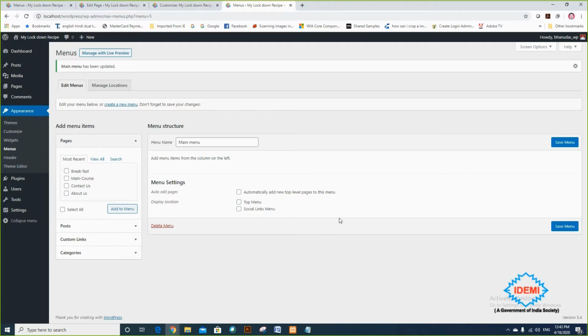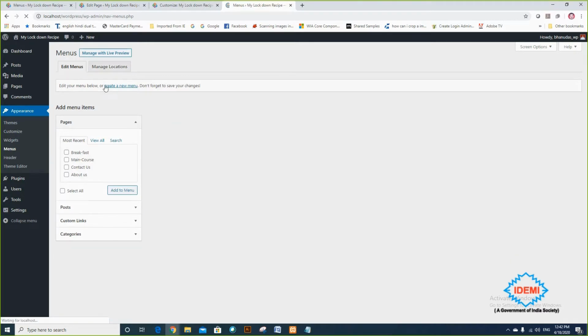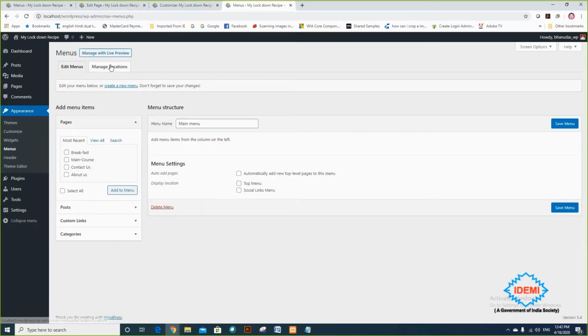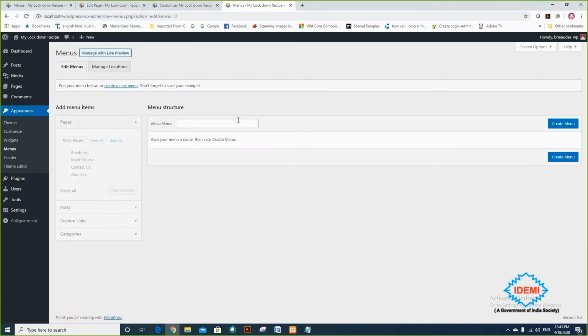Somewhere in this edit menu option, you will see the menu name here. And suppose I am going to create one more menu here, and that menu name is top menu.